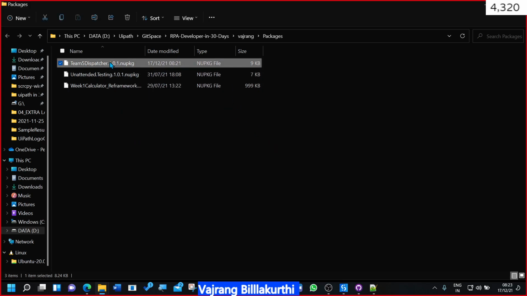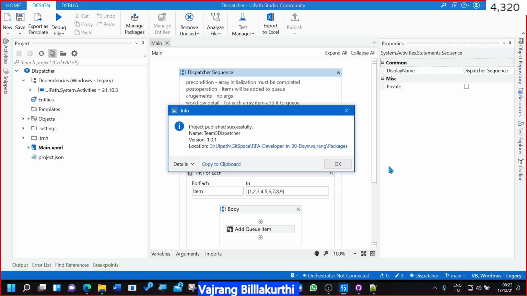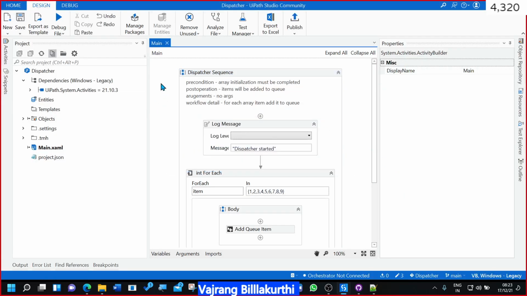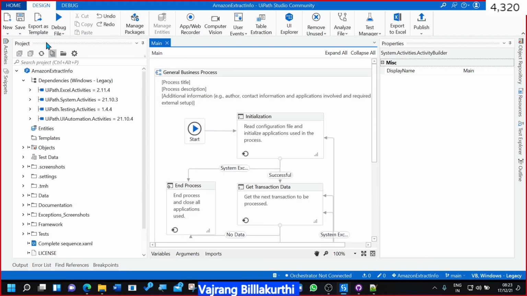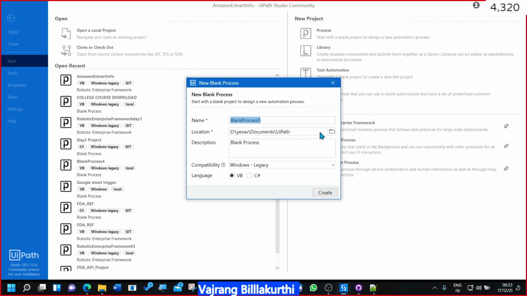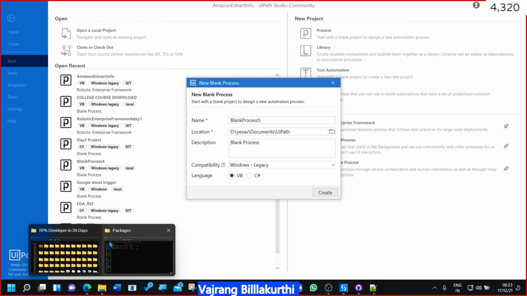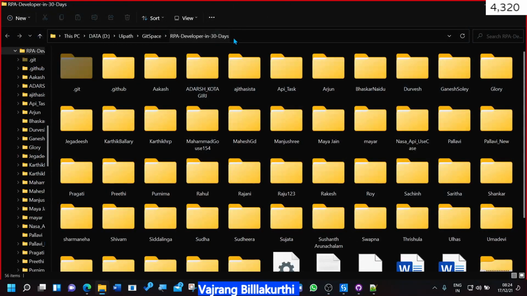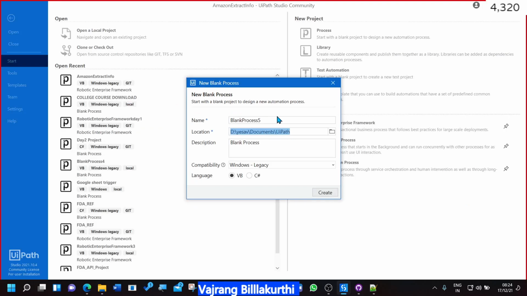Fine. Team file dispatcher is what we are going. Mohammed? Yes, Vajrang. Now we'll also create a performer and then we'll go with this. Okay. Now, let's also go with performer. Home. Create a new process again. So this process will again change from this to